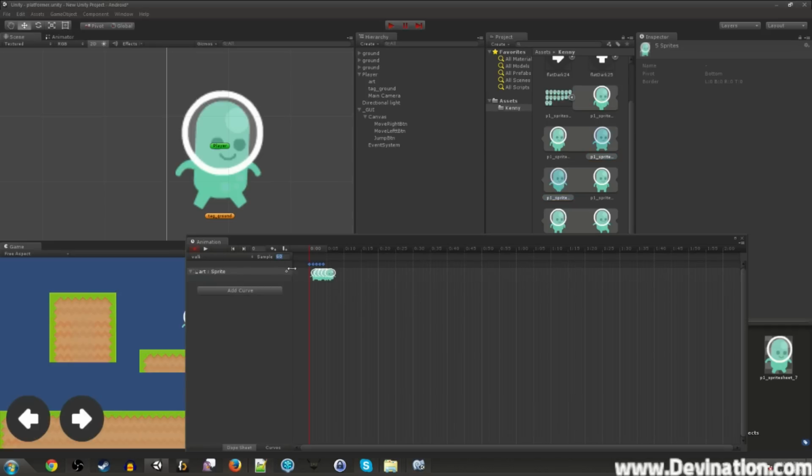And they're kind of close together, so if I hit play, he's moving way too fast. We can decrease the sample to make him walk slower. That's still kind of fast. Let's go 10. Alright, so that looks about right, but